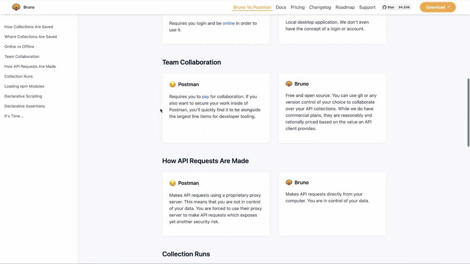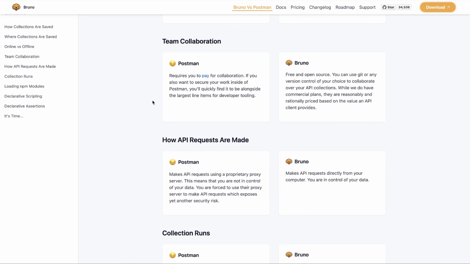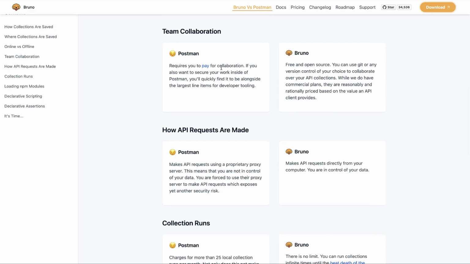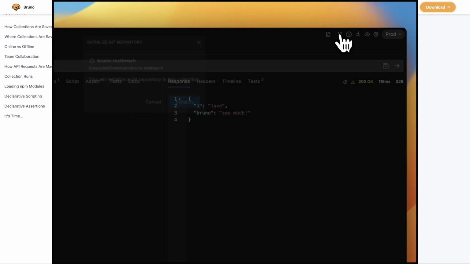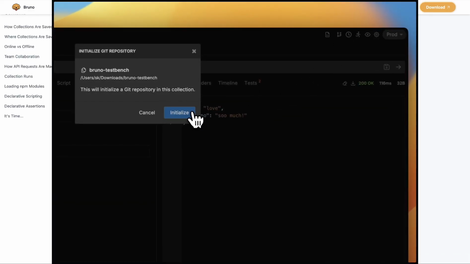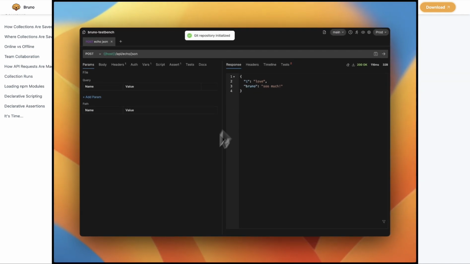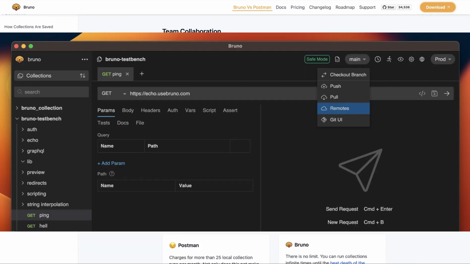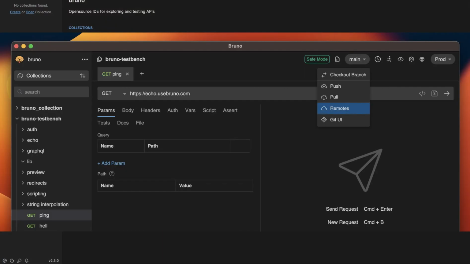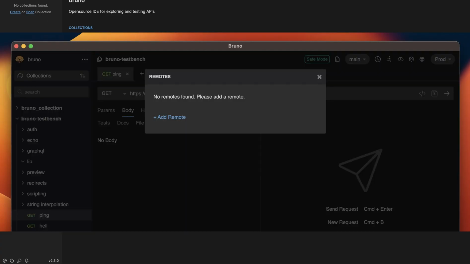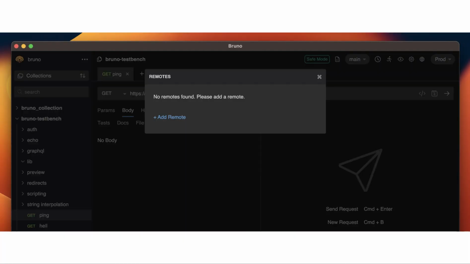So that's a very big advantage when it comes to privacy. And also you can collaborate on a team in Postman, as you know, and you can share the workspace with the team. In Bruno, on the other hand, you can use Git versioning and do collaboration that way. You can integrate Git into Bruno. As you can see here, the GitHub